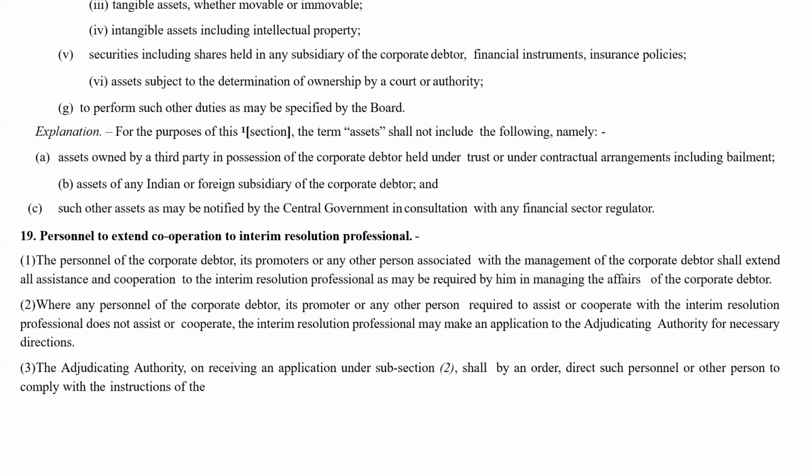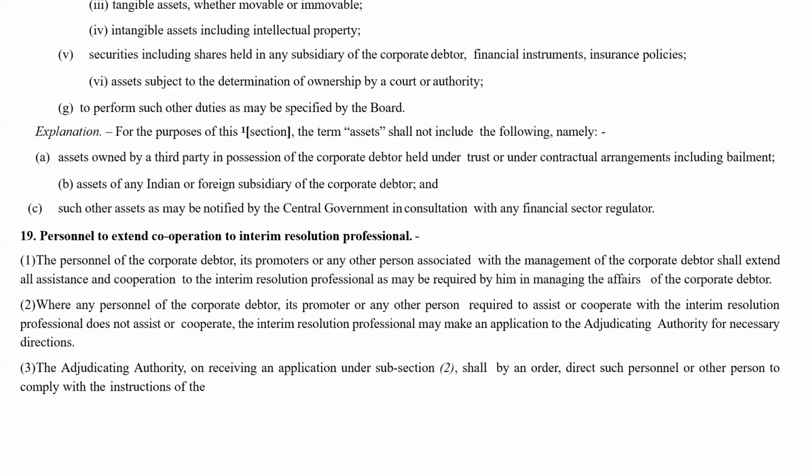Section 19, because he has to perform the role of the CEO, CFO, everything, because now the powers of the board stand suspended. So he is all in all. So naturally, all personnel are expected to extend cooperation to the IRP. So the personnel of the corporate debtor, its promoters or any other person associated with the management of the corporate debtor shall extend all assistance and cooperation to the IRP as may be required by him in managing the affairs of the corporate debtor. Where any personnel of the corporate debtor, its promoter or any other person required to assist or cooperate with the IRP does not assist